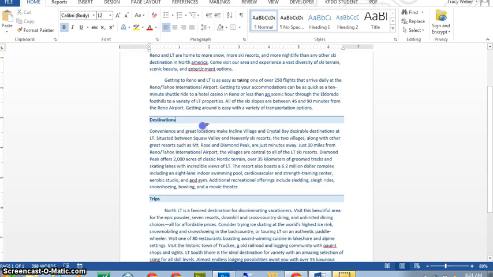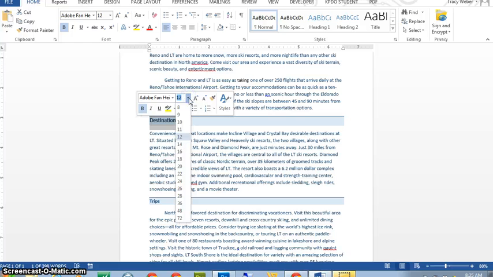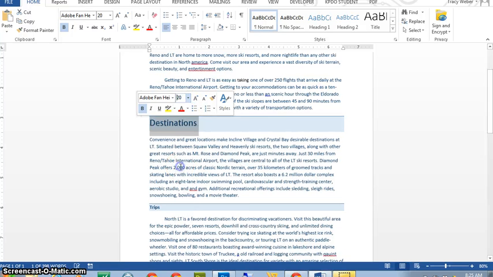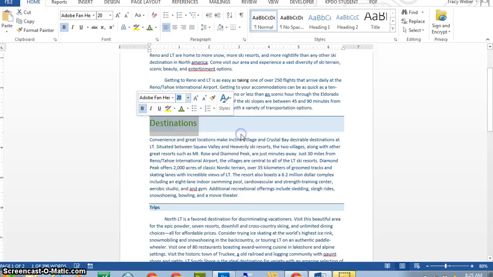Okay, I want to show you how to use the Format Painter, which is really a great thing to be able to use. So I'm going to select this, and I want to change this. I'm going to change the font to this. I'm going to change the size to 20, and I'm going to change the font color to this green color. Okay, and now I want to copy that I did all those things, but I want to copy the formatting down here to the next one. Instead of trying to do all those things and remember what I did and maybe accidentally forgetting, I can click here or here one time,